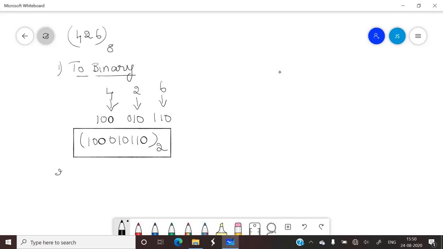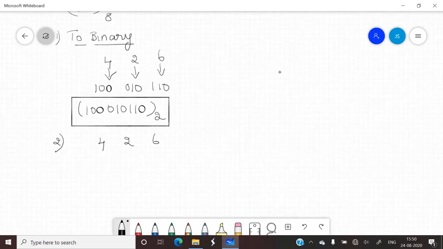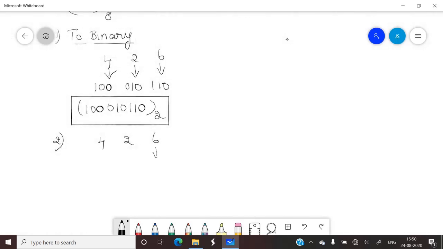To convert it to hexadecimal, it is the same way. We write the digits 4, 2, 6 and because it's octal, write the 3-bit equivalent of each number: 110, and 2 is 010, 4 is 100. Now the resultant number we want is a hexadecimal number. So we need to split it into 4 bits,